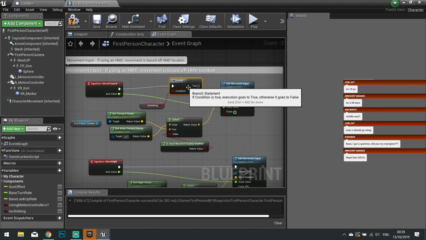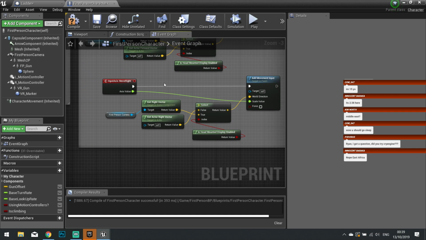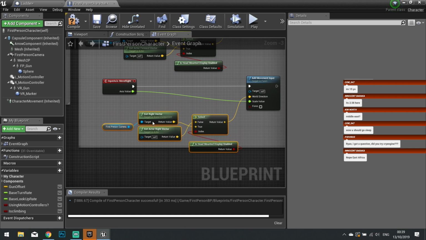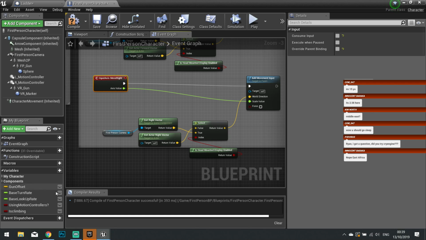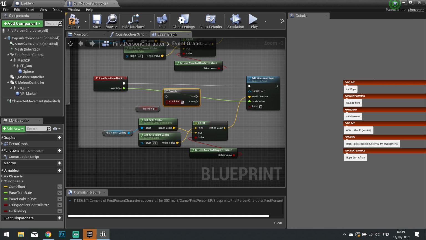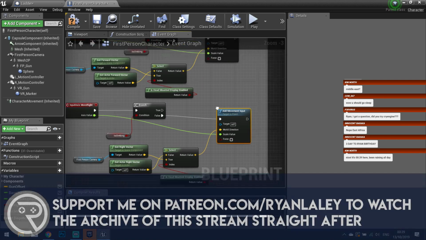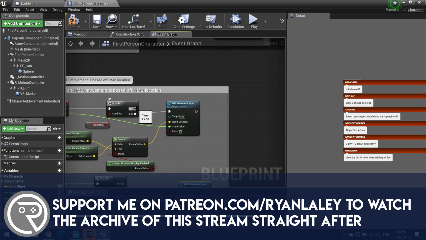So if climbing is false, we just want it to carry on doing what it normally does. And likewise with move right here, I'm going to tell it not to be able to move right if it is climbing. So if it's climbing, get into a branch. If it is false, it'll carry on doing that as well. So on its true,